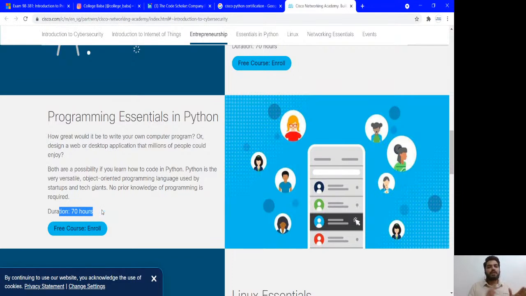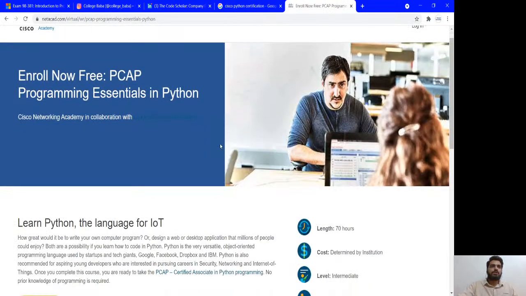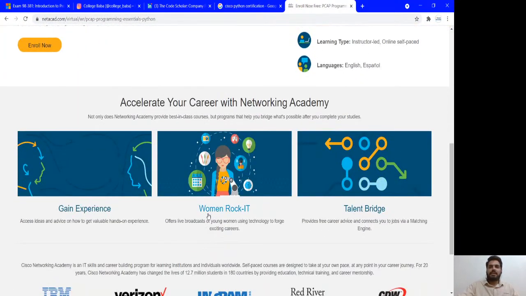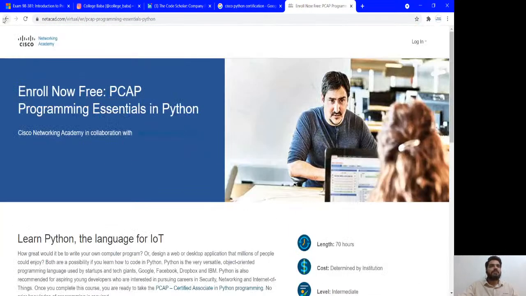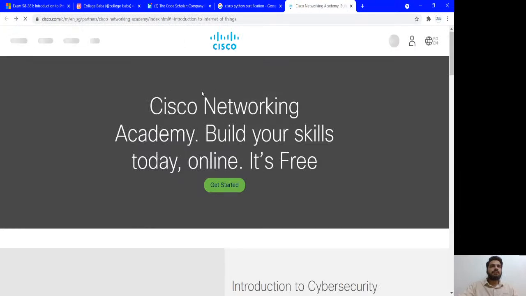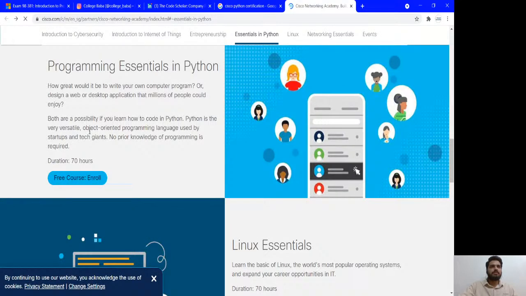Along with that, Microsoft. So this is the very first step, the bronze badge they're giving for free, and you have to crack the paper again. It's not like that. You have to complete the course and you have to clear the paper, then only you can get it. But after that, the higher one we have is actually paid. So they have it in, I think, the courses, essentials in Python, Python courses,